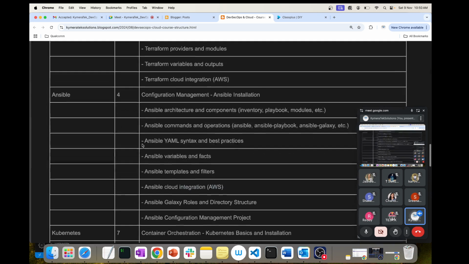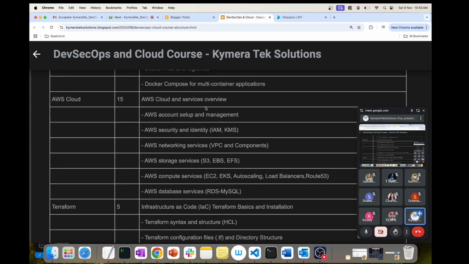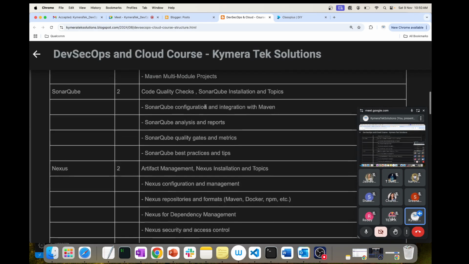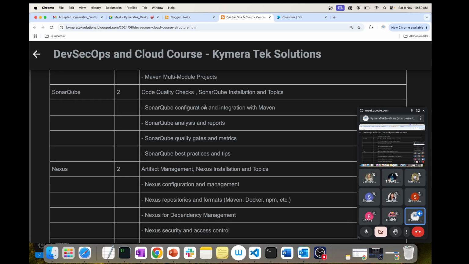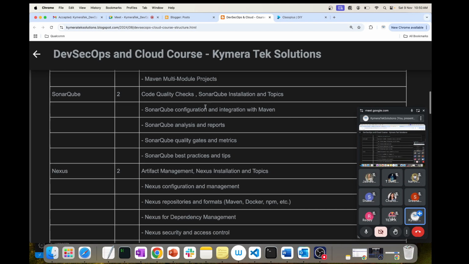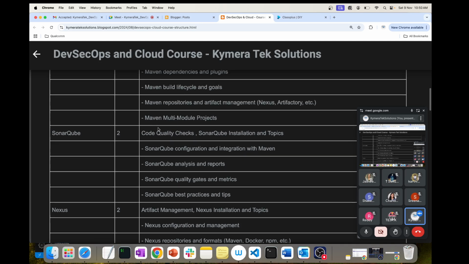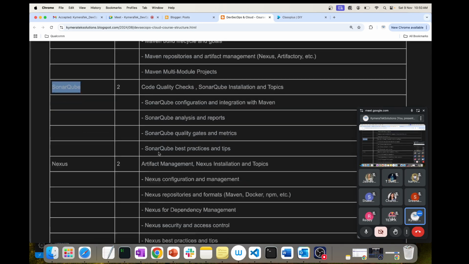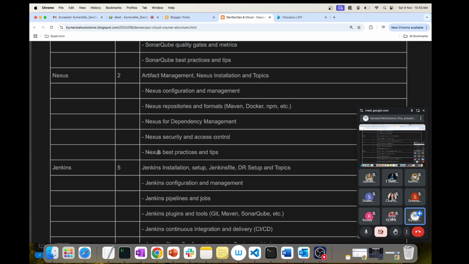Okay, and one more thing about why I kept it as DevSecOps is, there are a couple of security things that we need to follow. One is code security, where we do the code quality checks using SonarQube. We can also have Checkmarx or OWASP security tools, which is too much to ask to include. So one security tool at the code level is more than enough, which we go for SonarQube.